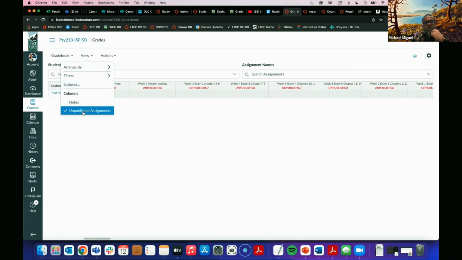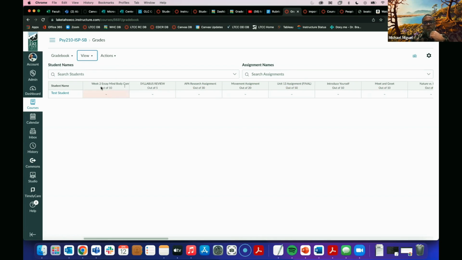Unpublished assignments is checked. You just click this and it takes all the unpublished assignments away. So now all you're seeing is your published assignments. Now students won't see the unpublished assignments, but in your gradebook, you'll be able to see them. It just eliminates a big headache.